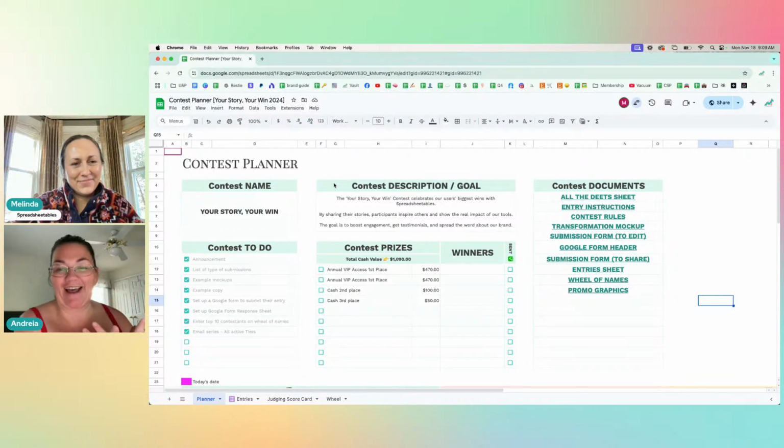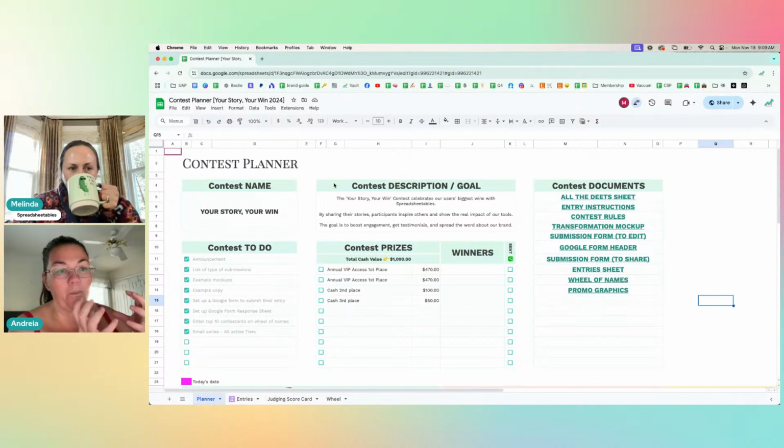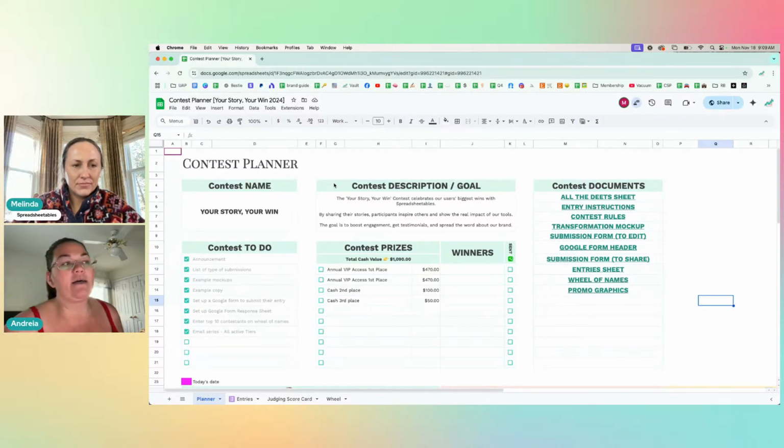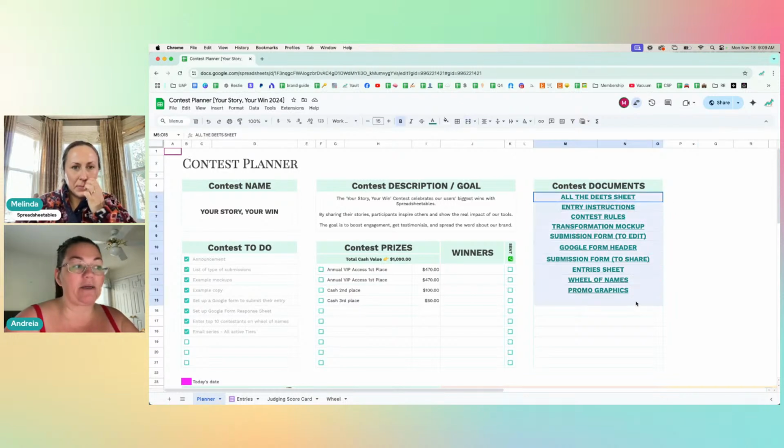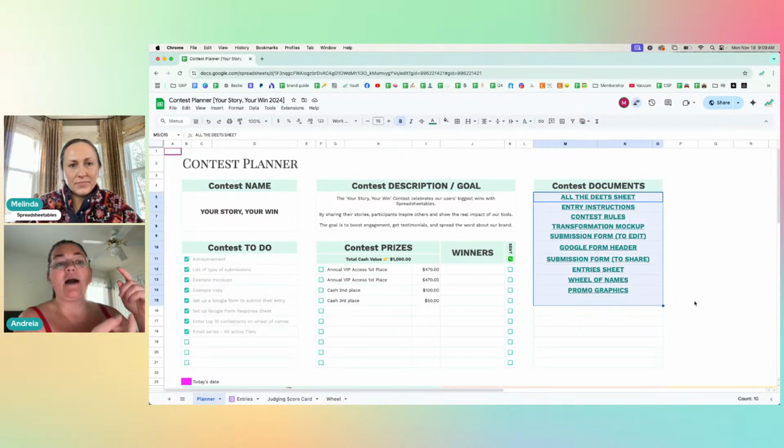we all learned together that when you are doing a project or whatever it is, you want to have that one dashboard where you get to access everything from one spot. That's number one. And that's how this spreadsheet actually started. I started putting those links over here because I created a doc for the contest rules. Then I created a doc for how they're gonna enter,